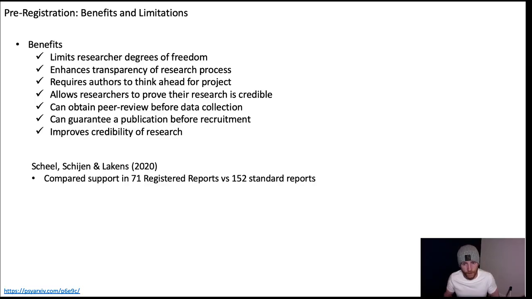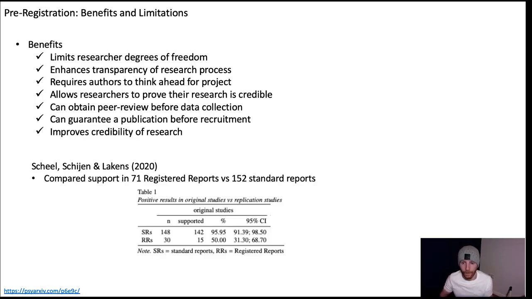Lakens has also done some research where he looked at the findings of registered reports and compared them to the findings of standard reports. So, for example, first he looked at just original studies. So these are studies that are conducting completely novel research. And he found 148 standard studies that don't have pre-registration. And he looked at the 30 registered reports. So this is the stage 1, stage 2 kind of review version. And he found 50% of the registered reports